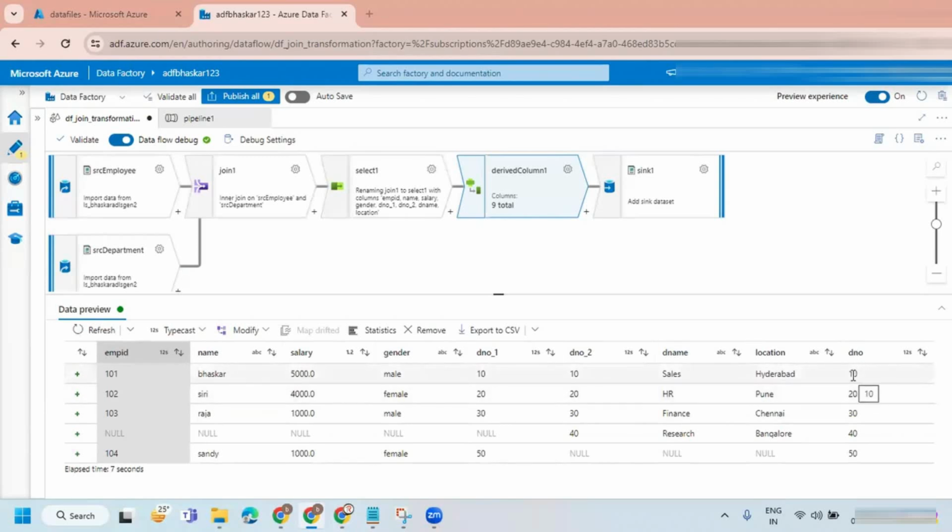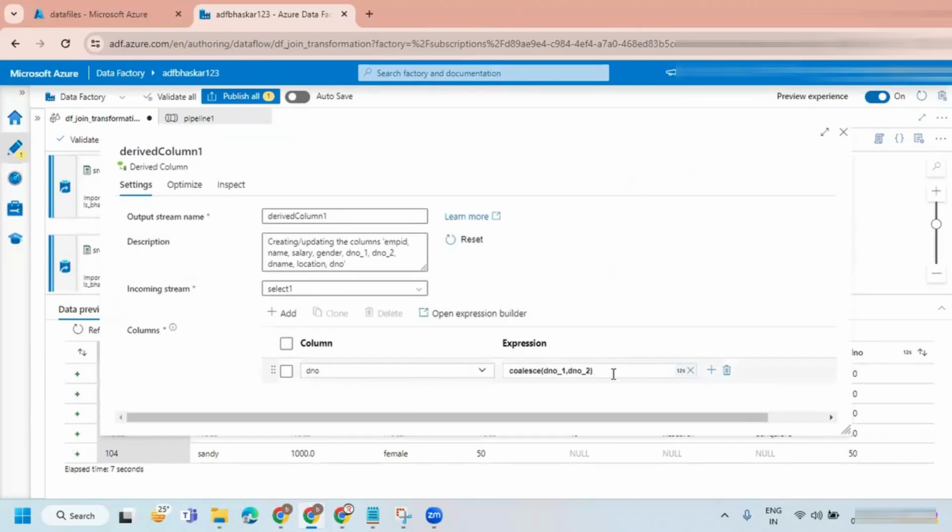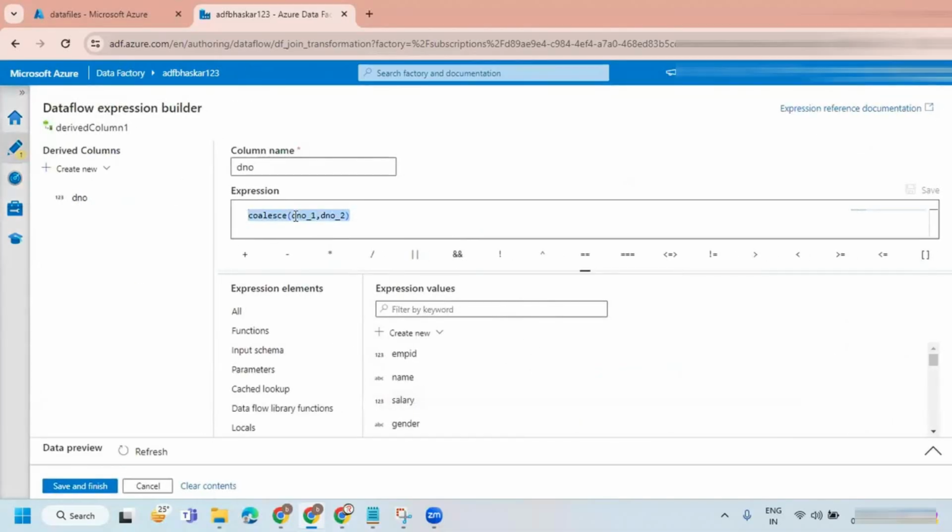You can use the coalesce function. I'm not expecting it in SQL Server, I'm expecting it in Data Factory itself. So this is an expression you can use. If this is null, then it will take the value of this. If this is not null, then automatically the value of this only is going to be taken. Even if both are null, if you wanted to add one more value, then you can add one more thing. That is how it is going to work.